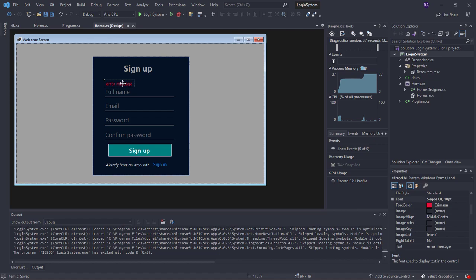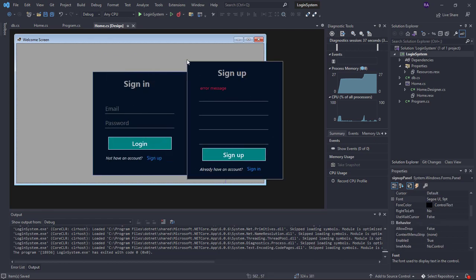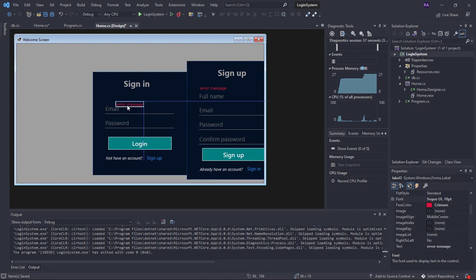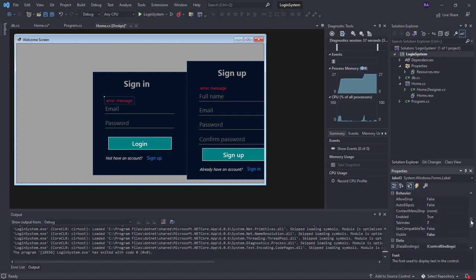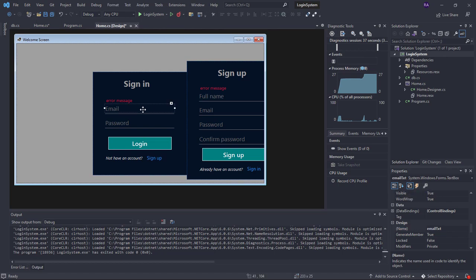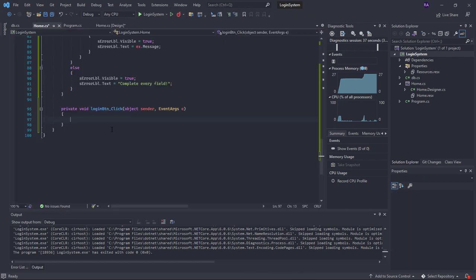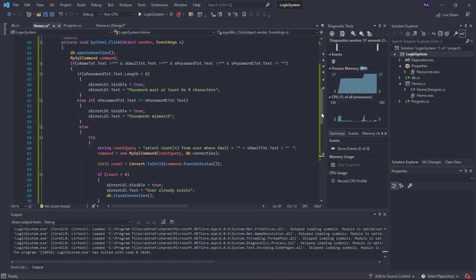Alright, I'm going to copy this. Then I'm going to do the same thing for the login as well. So I will bring this here. Alright, so I'll give this a new name. Alright, so let's notice this. This is email text and this is password text. So over here, I'm not going to waste your time. I'm just going to copy